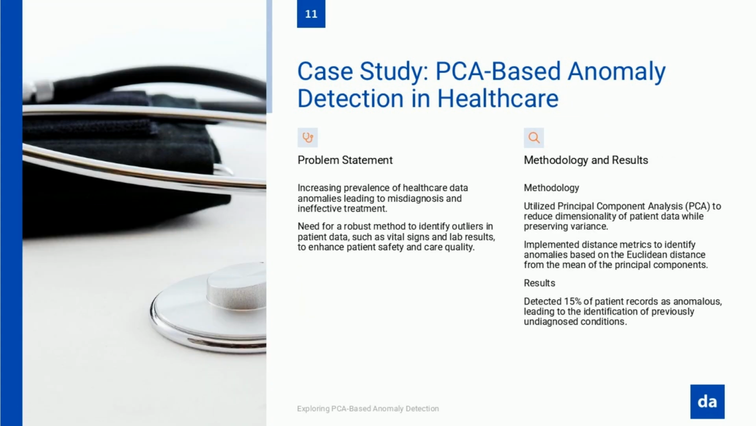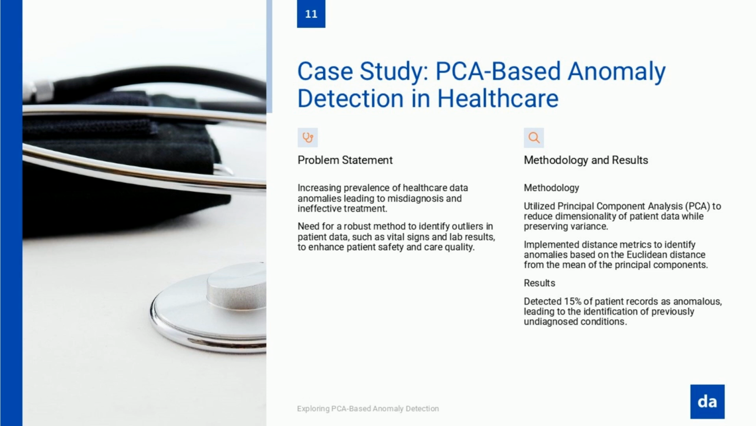Let's continue. In healthcare, detecting anomalies isn't just about identifying data outliers. It can mean the difference between life and death. Medical anomalies such as irregular vital signs, abnormal lab results, or unusual patient symptoms can indicate underlying conditions that require immediate attention. However, with massive amounts of patient data being generated daily, traditional detection methods often struggle to identify subtle but critical deviations. This is where PCA-based anomaly detection comes in, offering a data-driven approach to uncover hidden medical insights